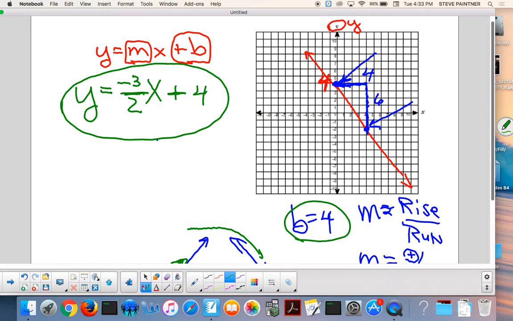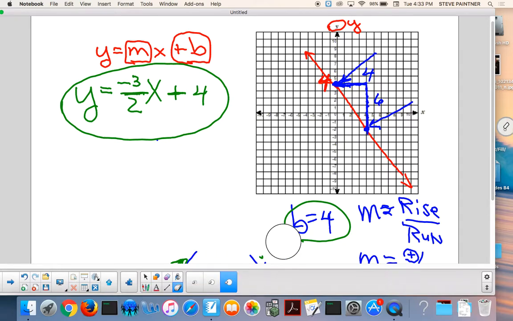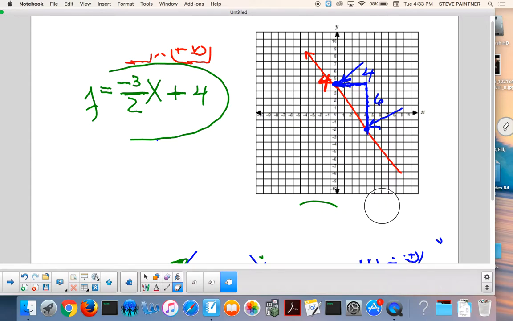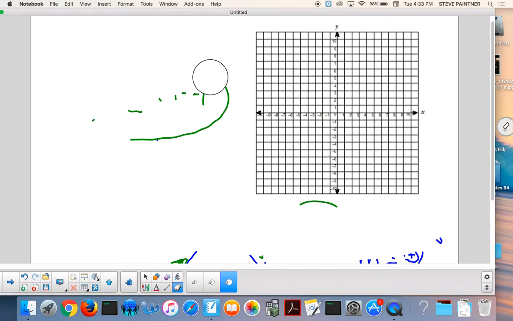Now, if for some reason you have this look right here, I'm going to erase this. Well, that didn't work. Oh, that's not working. Okay, so if you have this look,